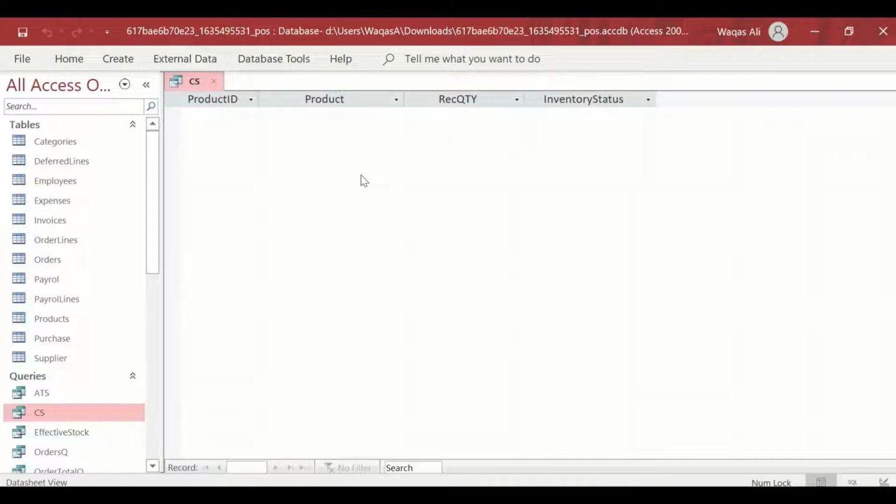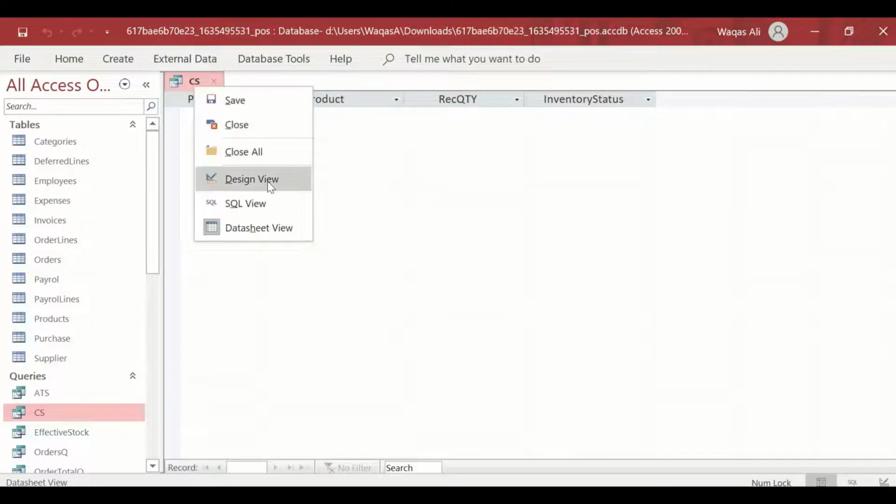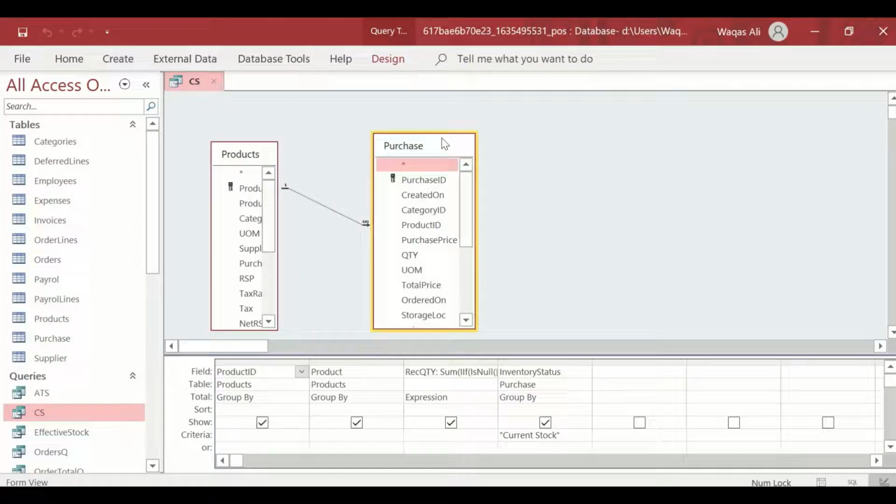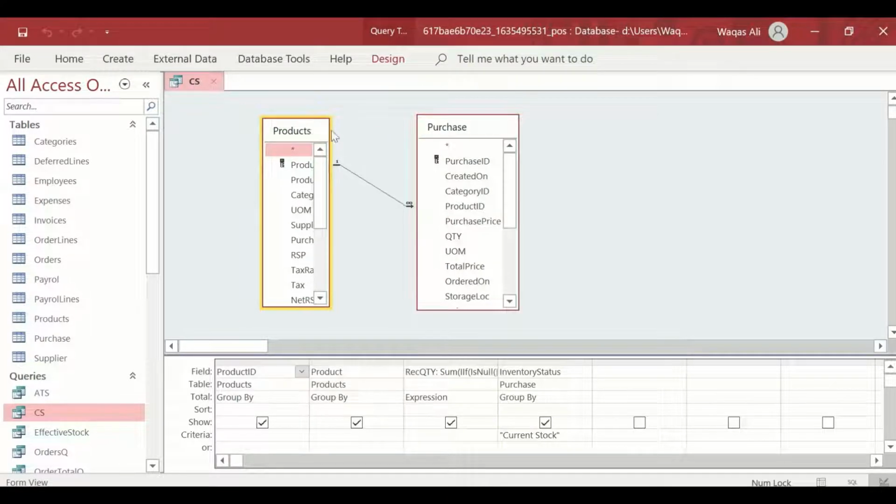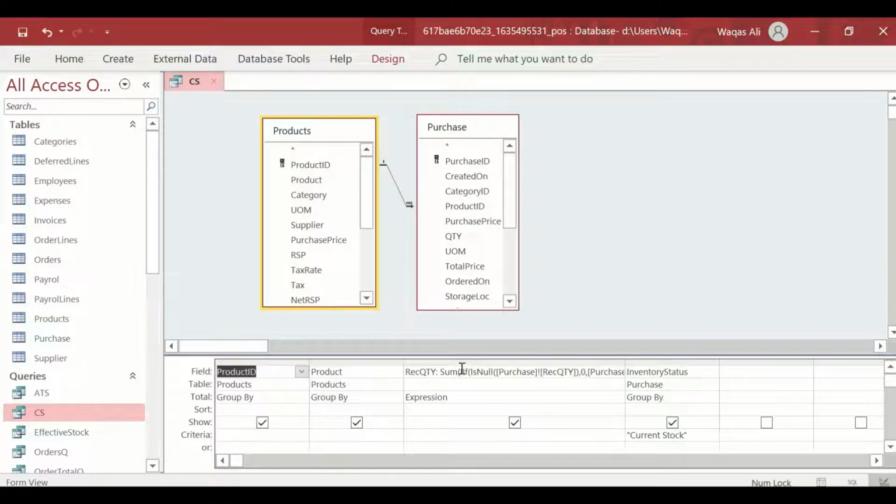Now the first thing I would like to do is ask you to check your queries. Let me go back to design view, and these are the two tables. I want to ask you to check if your queries have this similar kind of structure.